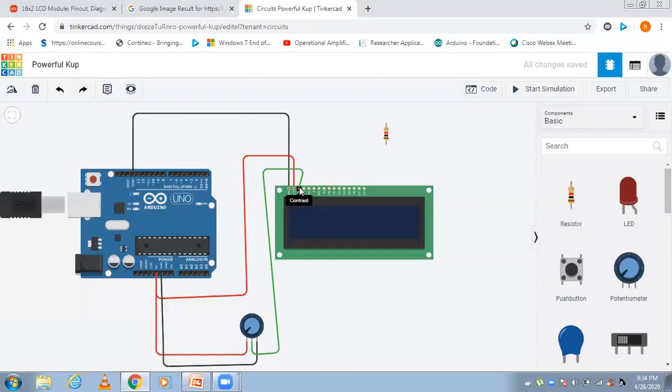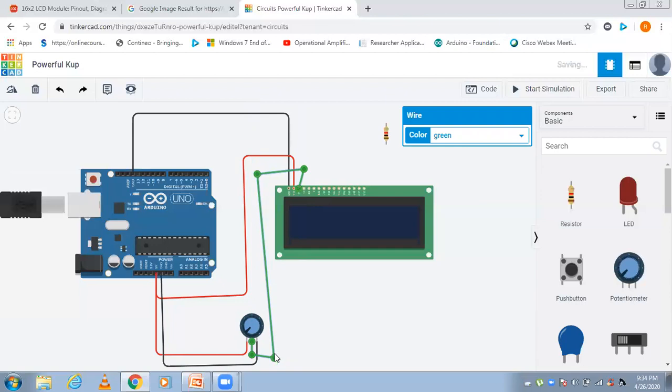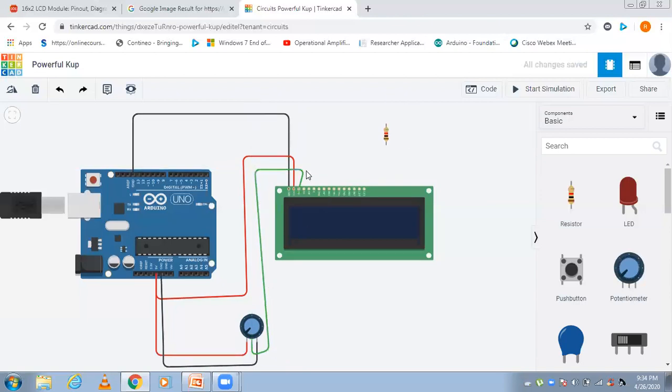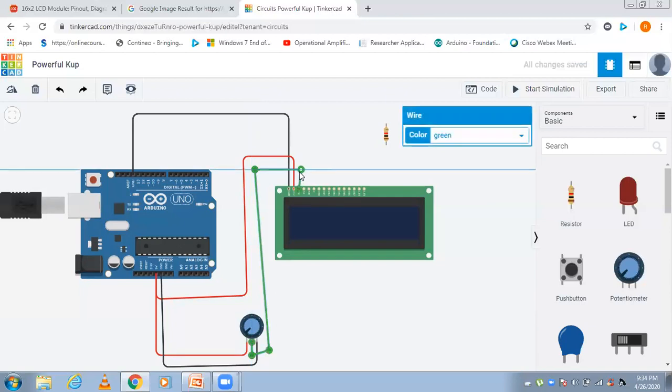Which one is contrast? This one, right? Just I will make some alignment. This should be in green color. It's no problem.